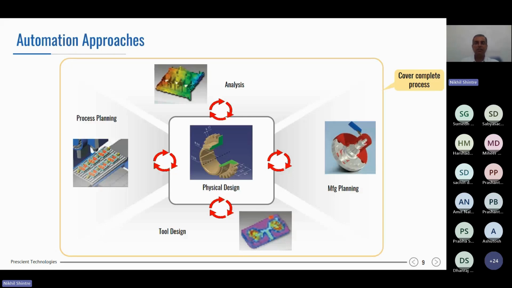So when I say cover complete process, at least we should understand and touch the complete process. And we'll talk about what could be the benefit of doing that. Second is understand connectivity. So in the design process, as it is represented in this picture, basically there is this